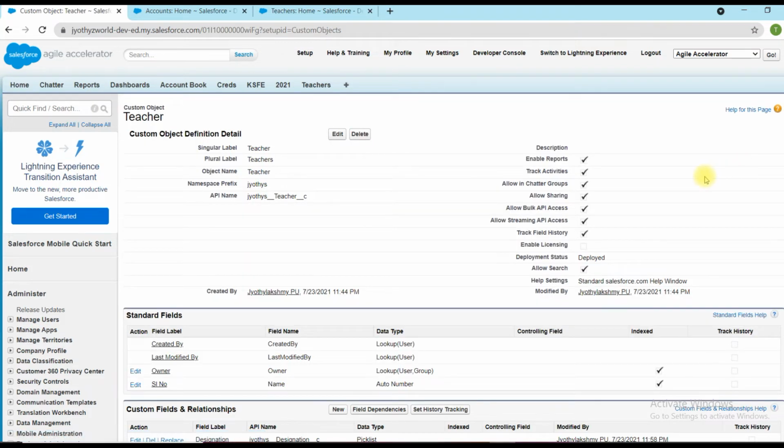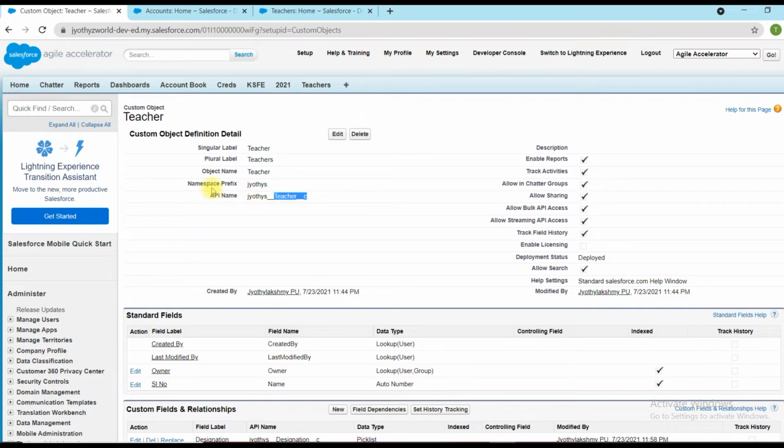So I will provide some terms. Here teacher is an object which is available in this teachers tab. Teachers was the plural name we were providing, so the tab name is teachers only. And whenever we use this teacher object in our Apex class, we have to use teacher underscore underscore c.